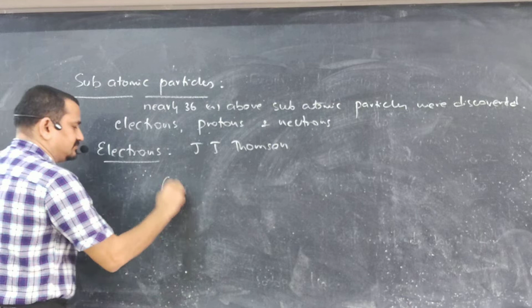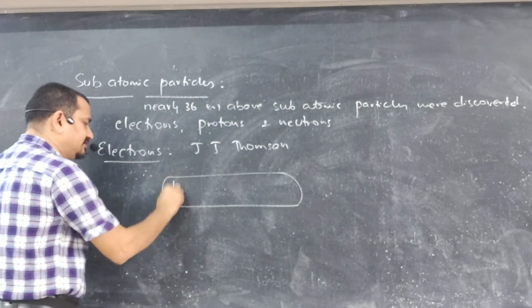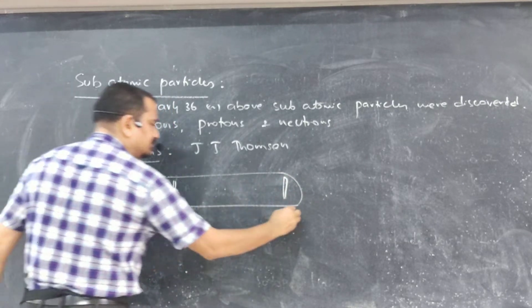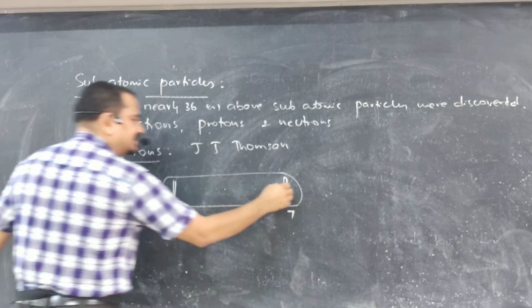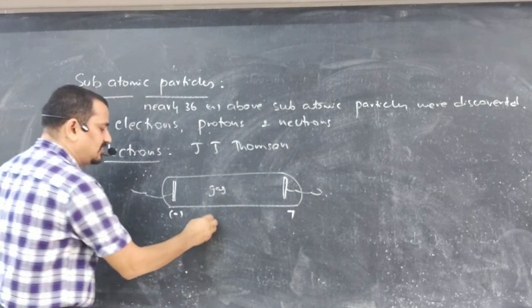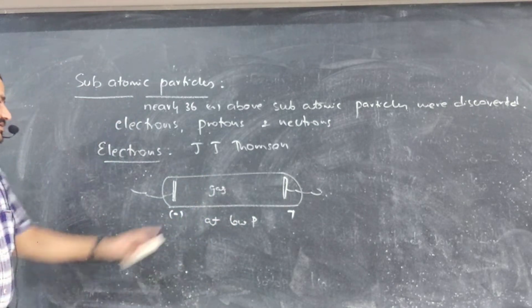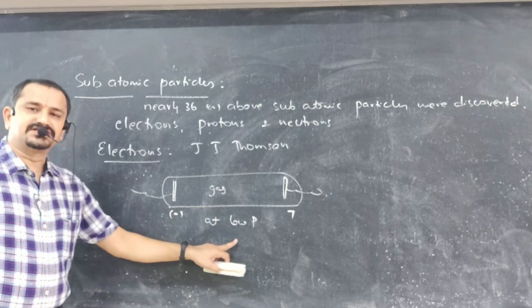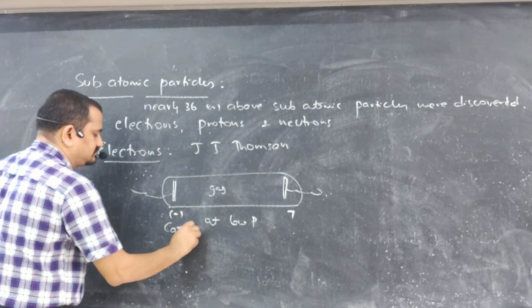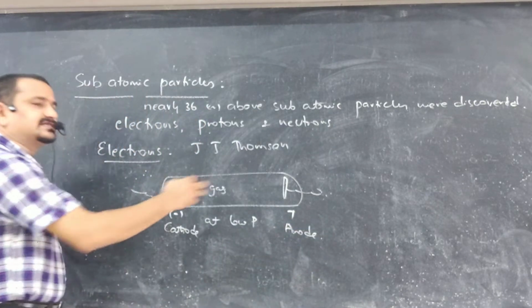A cathode ray discharge tube will be taken, in which two electrodes, one is cathode, the other one is anode, are connected, and this discharge tube is filled with gas at low pressure. Means the conduction of gases at low pressures was done here. Now, when electricity is passed through the gas present in the discharge tube,